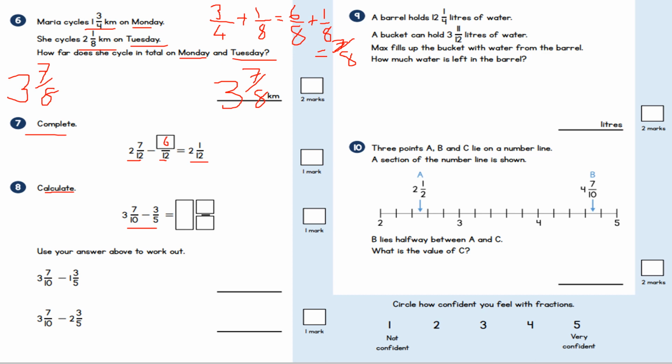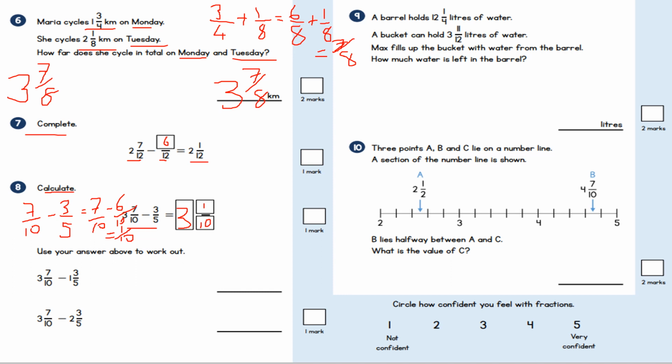Now, this one is a bit easier, okay, because I'm going to keep the 3 there, and I'm going to do 7/10 take away 3/5. And then change the 3/5 into tenths. So I get 7/10 take away 6/10 is equal to 1/10. Putting the 3 back at the front, so I get 3 whole and 1/10, or 1 out of 10. Okay,